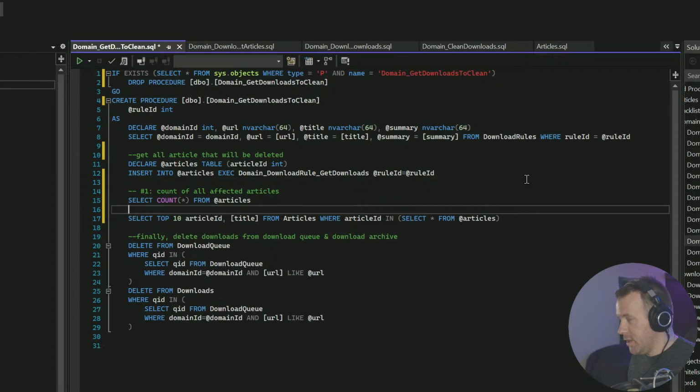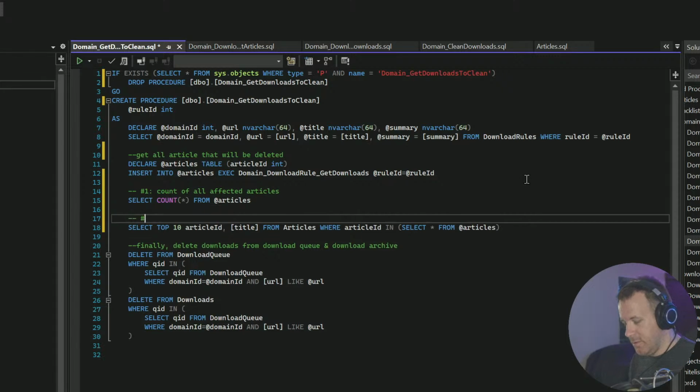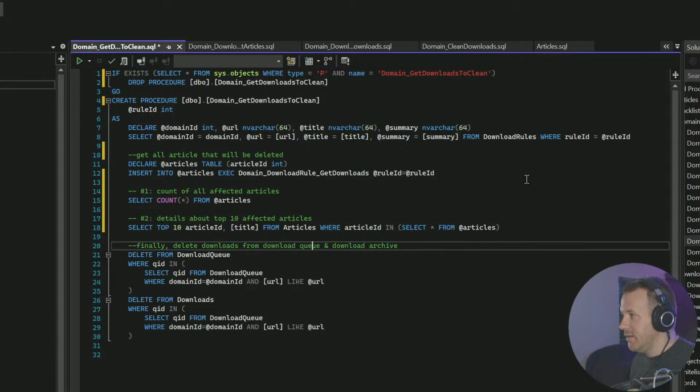So, okay, reader number 1, reader number 2 will be, so number 1 is count of all affected articles, 2 will be details about top 10 affected articles, and then